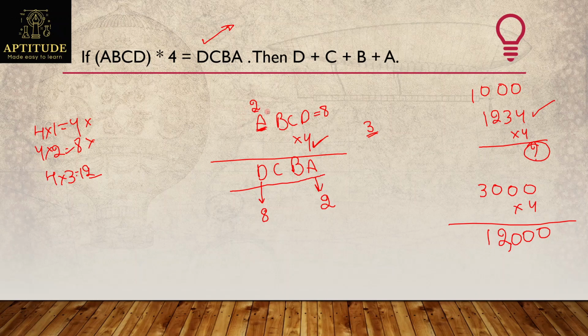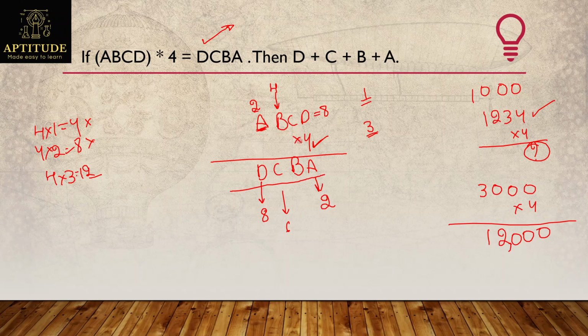Now coming to this, see here, b value should be minimum. B value should be a minimum value, right? And observe this one, if I multiply b with a 4, I should not get a carryover for multiple of a. Why? Because if I get a carryover, for example, just as an example, I am taking b value as some 4. 4 into 4 will become 16. I'll place 6 here and 1 will be carried for the next multiple.